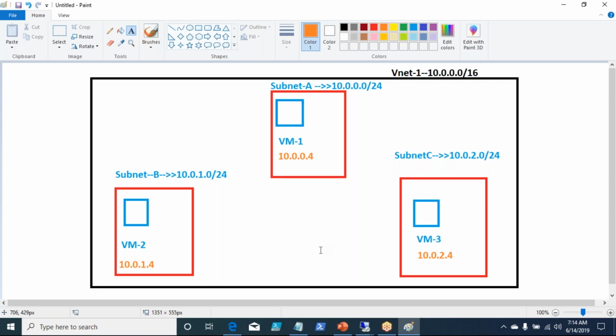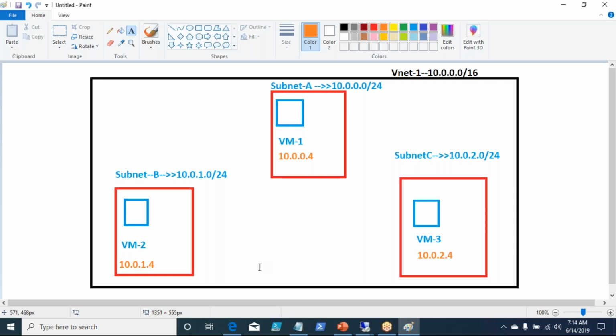When you try to ping, they will ping. But when you put a route in place, they will ping in a different way, which means that the route will be going through the subnet only. By default, routes will be there, which means that anything can communicate with anything, right?